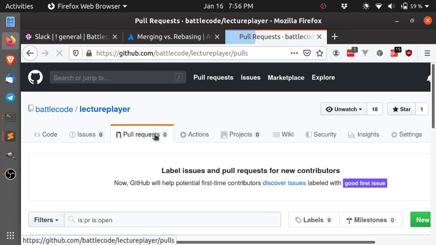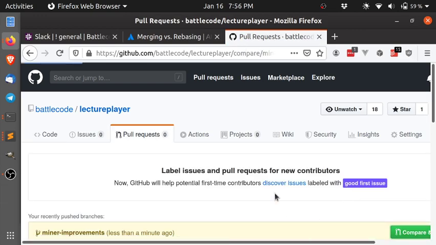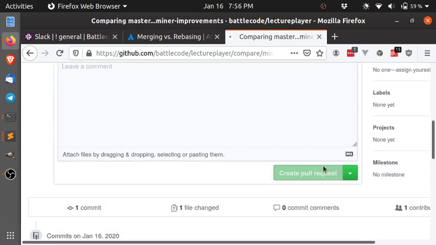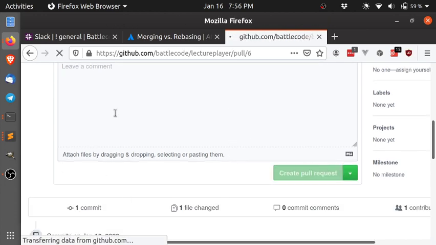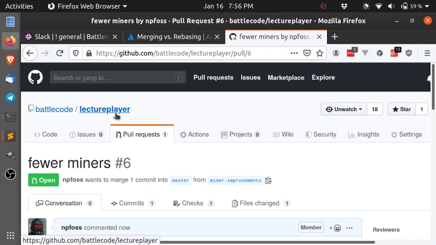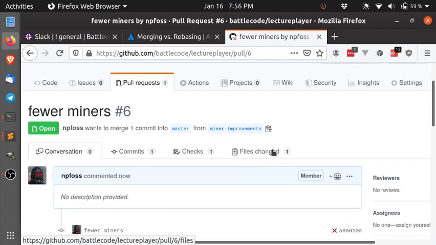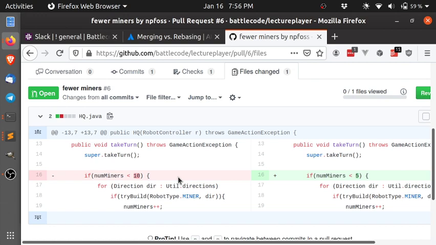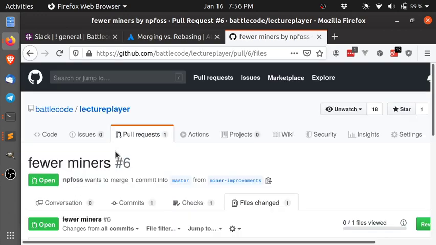We can say compare blah, blah, blah. Fewer minors. So we'll create this pull request. Left person gets the notification or whatever, comes over here, says, oh, hey, what changed? Only 5 minors. Okay, sounds good to me. And then,